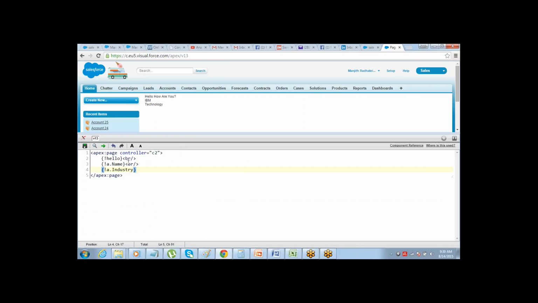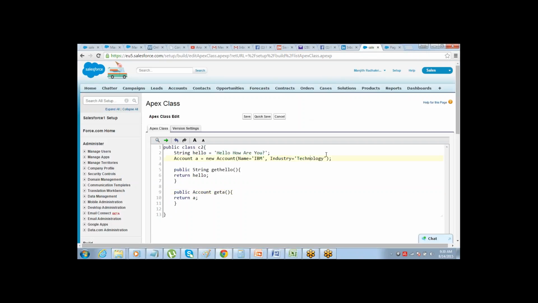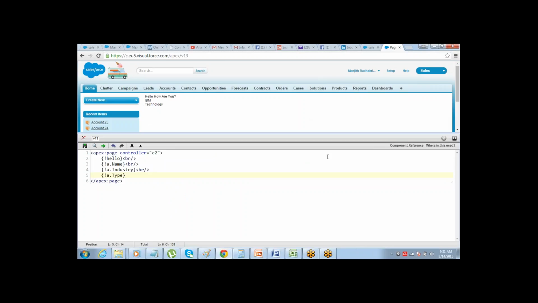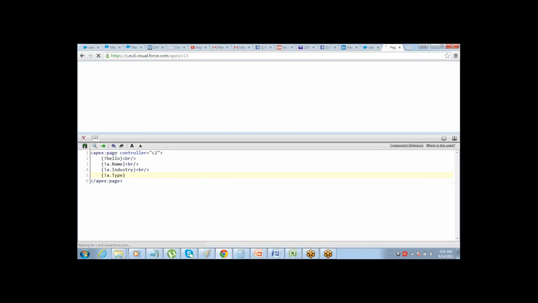Clear? See? Like a dot type. There's nothing defined for type actually, no value defined for type, so it does not return anything. If you want, say type equals customer channel. So, save it now. See,